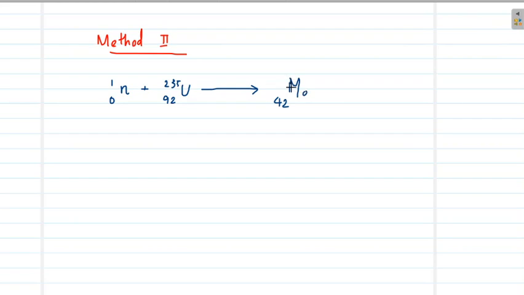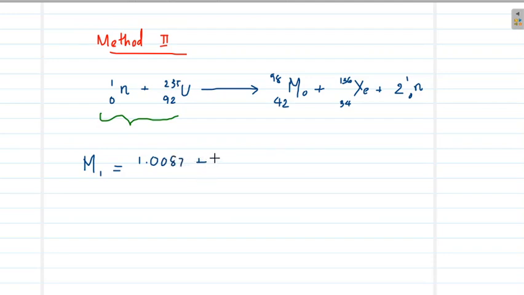And let us consider one particular fission fragment, 42 molybdenum 98 plus 34 xenon 136, plus 2 neutrons. In this process, let us calculate the total mass of nuclei before fission. So before fission we have one neutron and one uranium nucleus, and so the total mass of these initial particles, let us calculate M1, equal to the mass of the neutron, which is 1.0087 AMU, plus the mass of uranium, which is